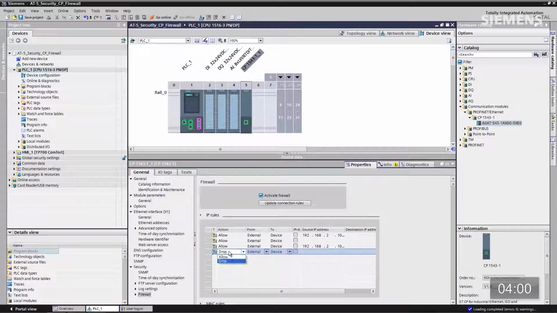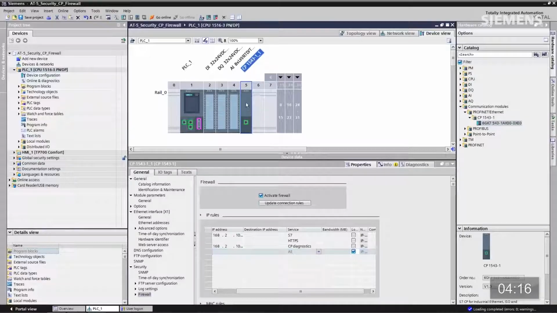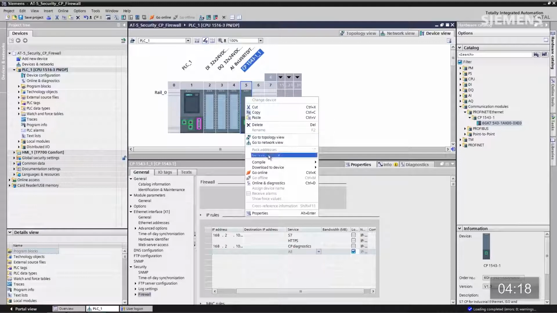So let's go back to the beginning, add new, double click on it, click on drop, and scroll over and go to logging. That way I can see any other IP address that's incorrect that's actually tried to access the actual S7 connection to the actual CPU. At this point, give focus to the actual CP, right-click, go down to Download to Device,